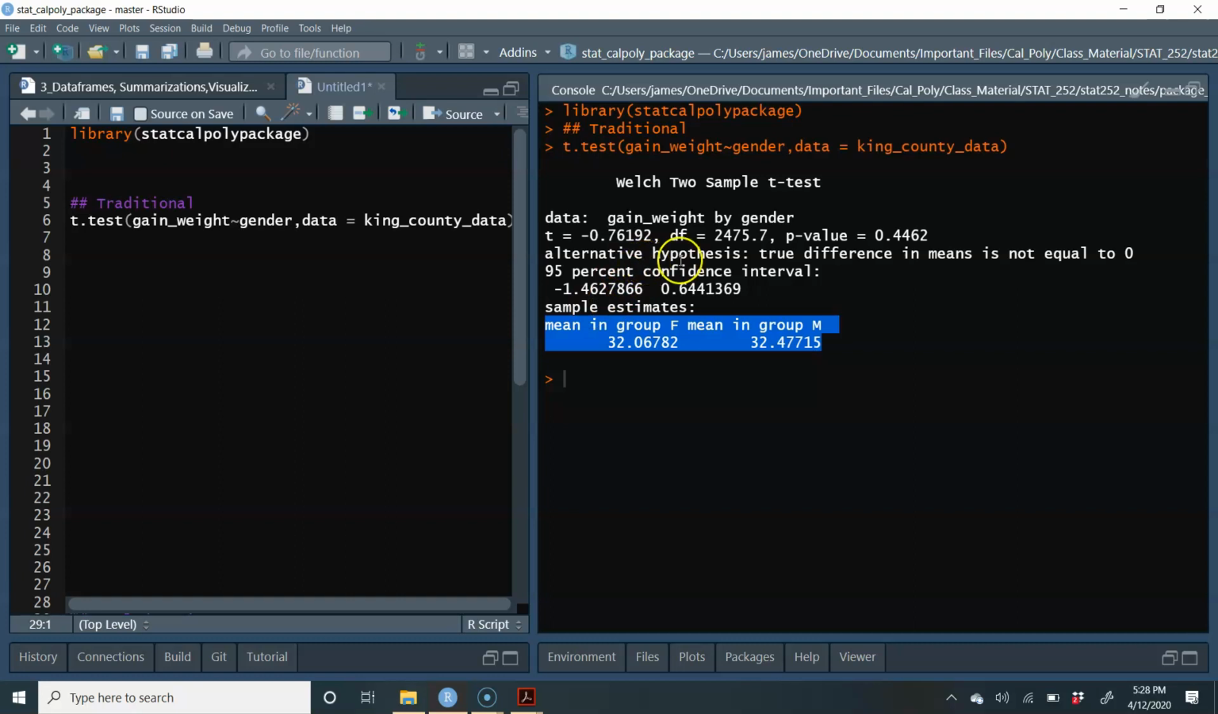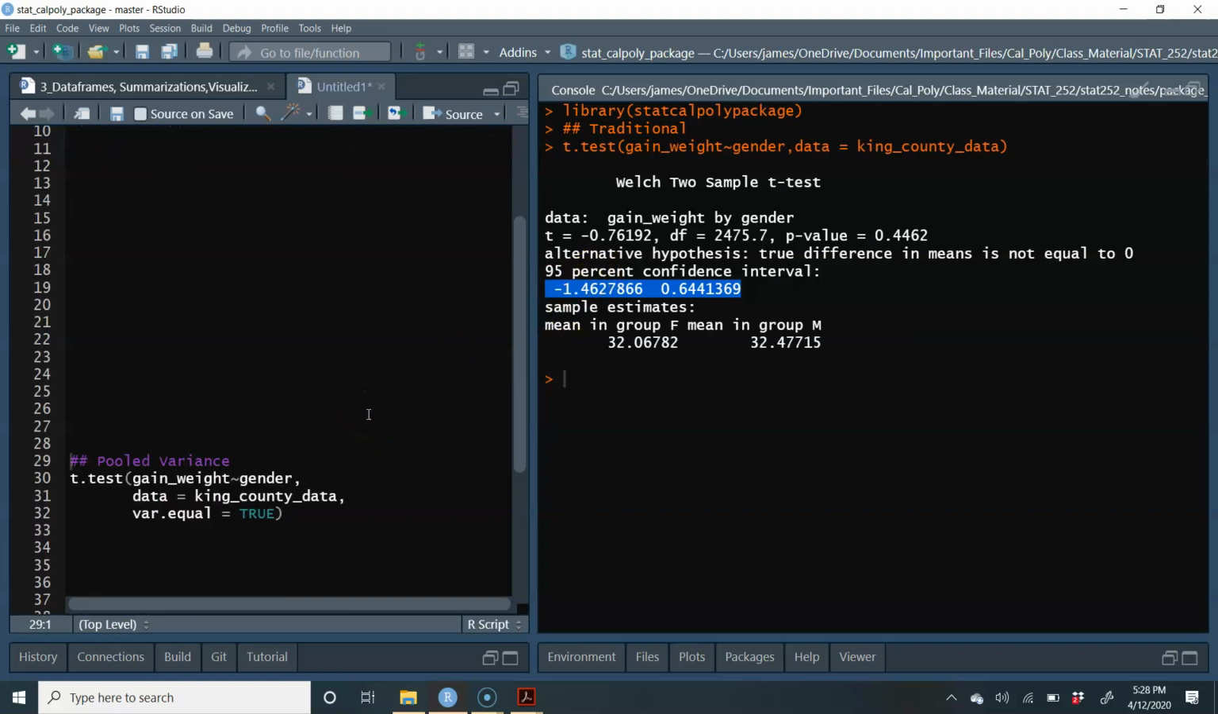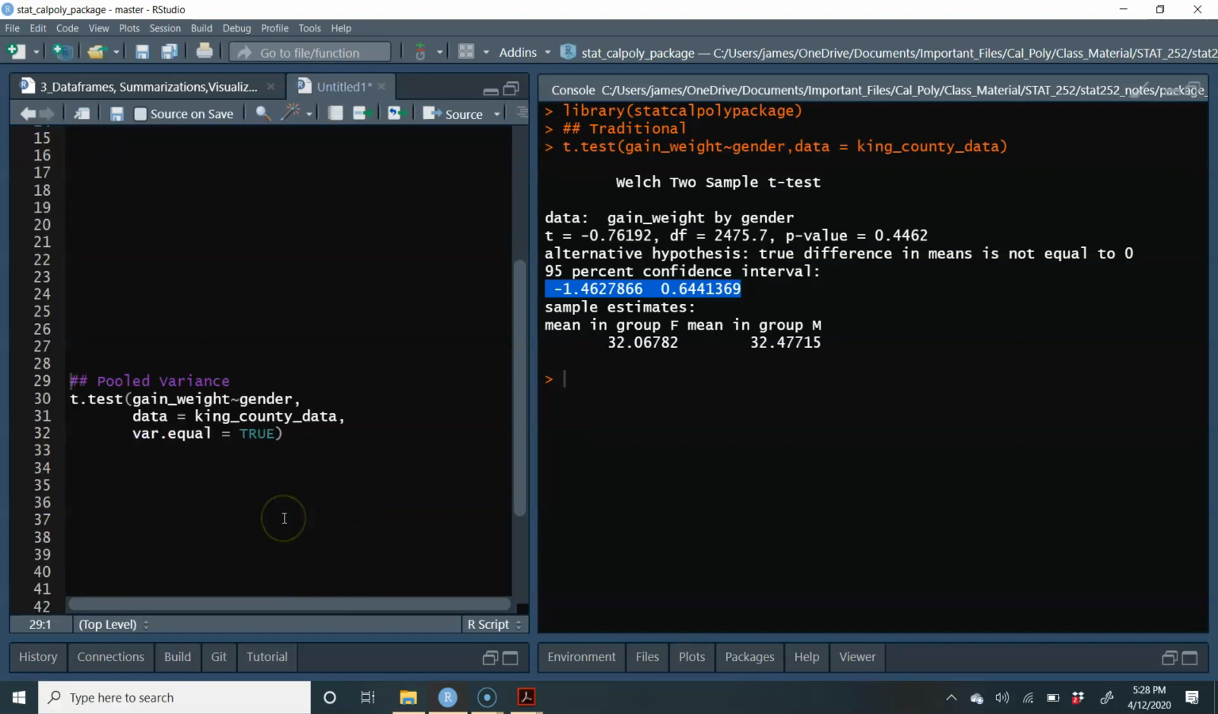All right. So what should you do to your null hypothesis with such a large p-value? You should fail to reject your null hypothesis. And notice 0 is in between the lower bound and upper bound, meaning that 0 is plausible for the difference between the two groups. However, let's assume that the actual variances are equal. That means that we'll be